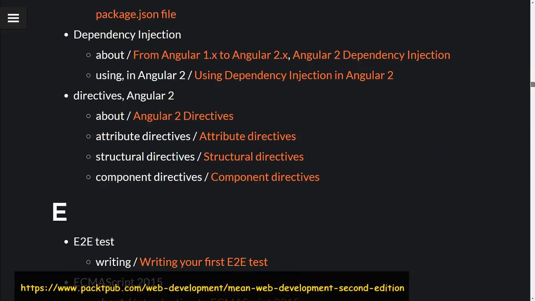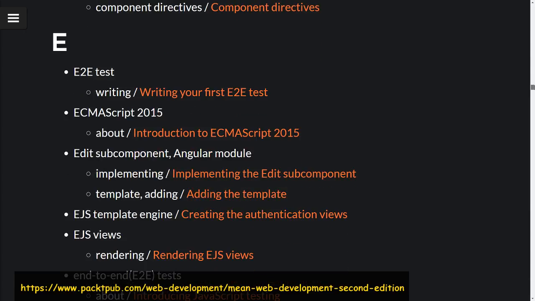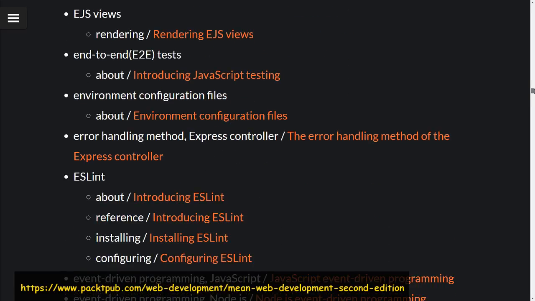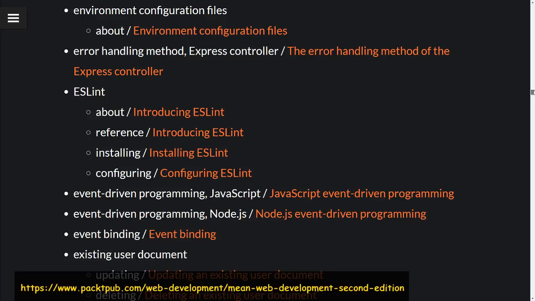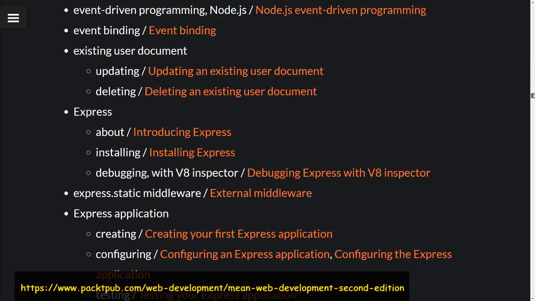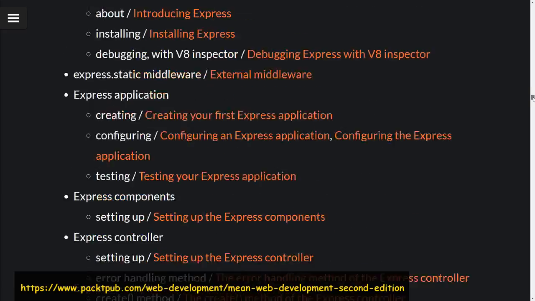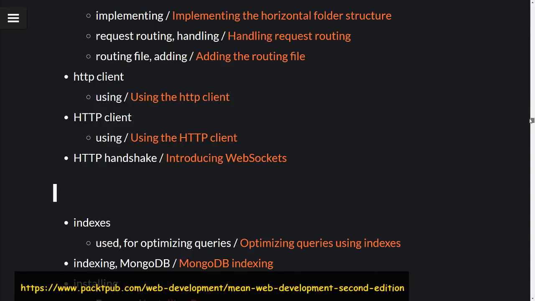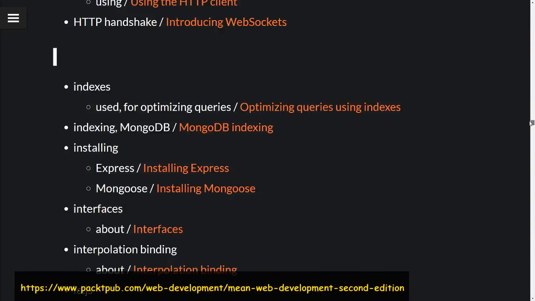Still in the D's, dependency injection, end-to-end testing, ECMAScript 2015, EJS views, end-to-end test, ESLint, Express controller, introducing ESLint, reference, installing ESLint, configuring ESLint, event binding, introducing, installing Express, external middleware, using the HTTP client,